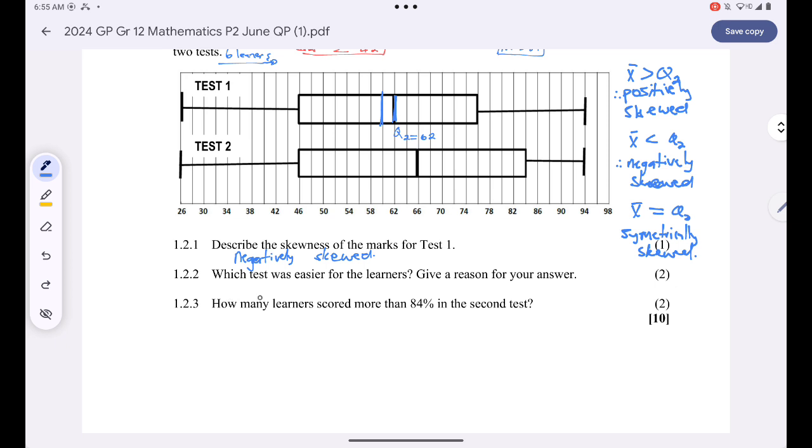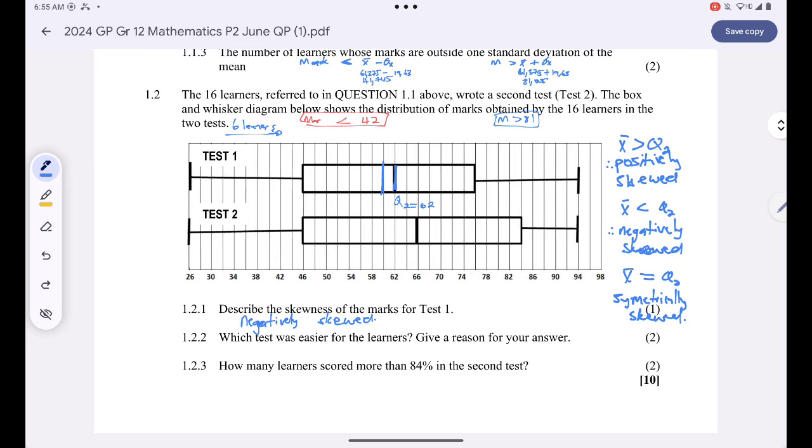Okay, which test was easier for the learners? Give a reason for your answer. Test 2 was easier for the learners. Why? Because the average has increased. Rather, I can't say the average, but the mid mark has increased from 62 to 66. That's number one. And secondly,